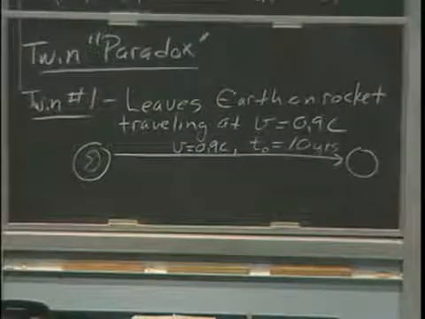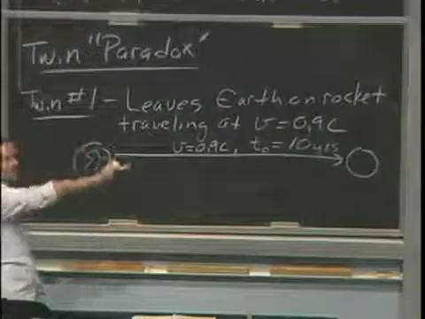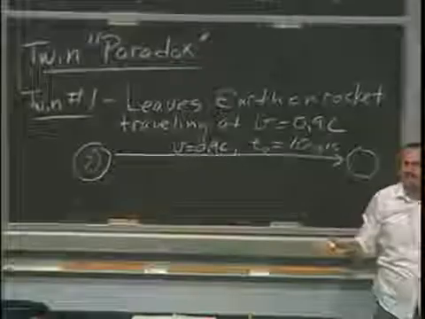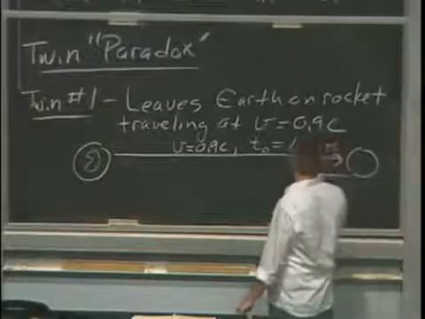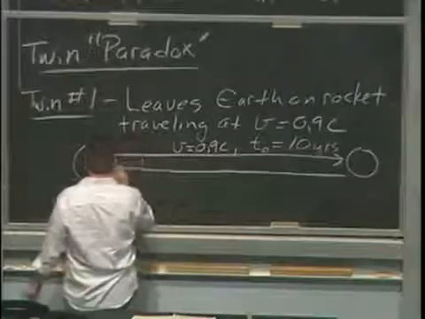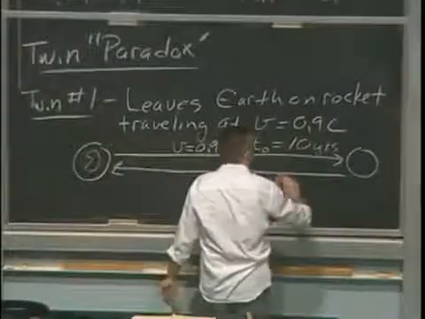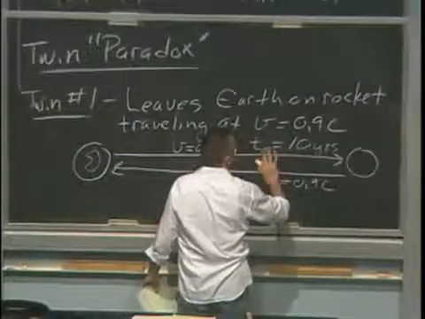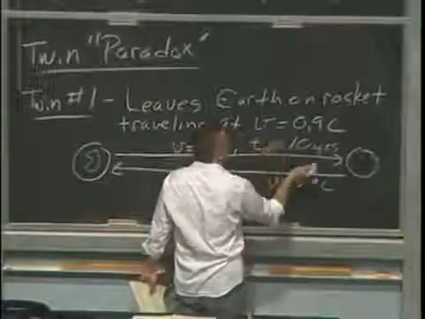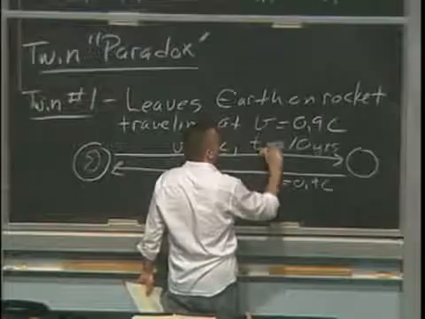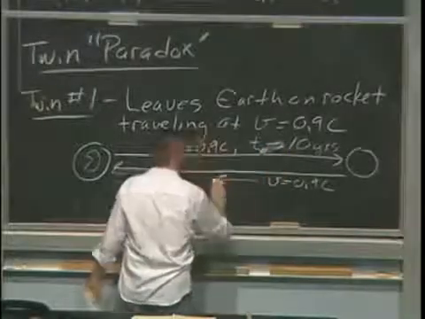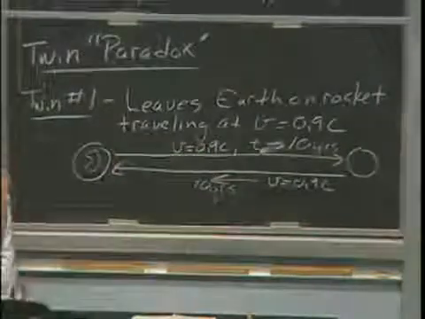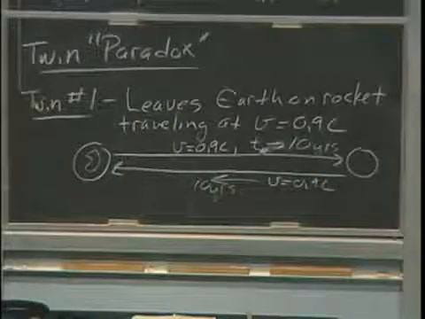So the twin in the spaceship, okay, travels 10 years out, reaches the neighboring star, slows down, turns around, takes the measurements, picks up all the gold maybe, I don't know, comes back to Earth. So they return with 0.9 c, and I shouldn't have called that t naught. Let's say the time for twin number one to travel there is 10 years, and traveling back is also 10 years. So 10 years out, 10 years back, the total amount of time